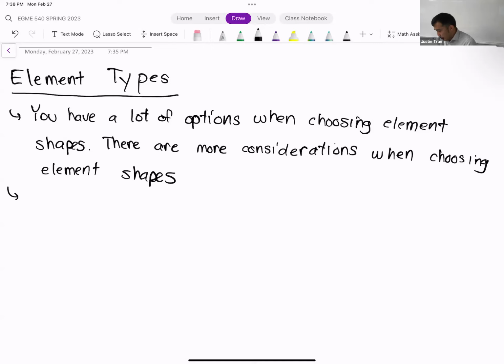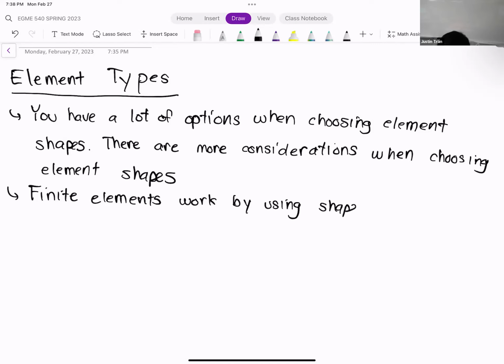All right. So first, before we do that, we have to talk a little bit about shape functions. Okay. And so we don't really have enough time in this class.